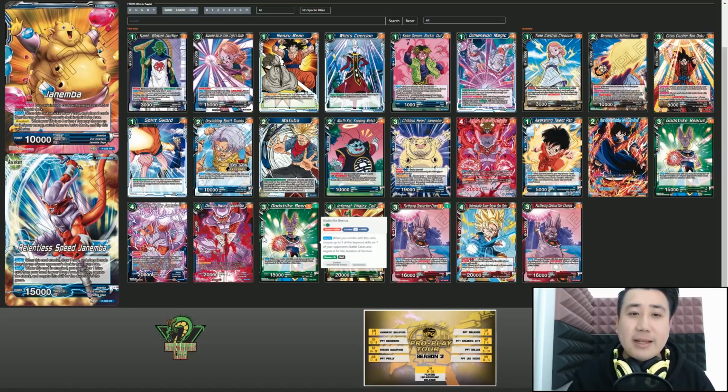Yeah, that means that when your opponent swings with double strikes, triple strike, triple attack, or things like that, he combos and he combos and he combos, you play this and then you say triple strike, I remove it. The difference between this and Group Leader Pilaf is Pilaf has to be played on the counter